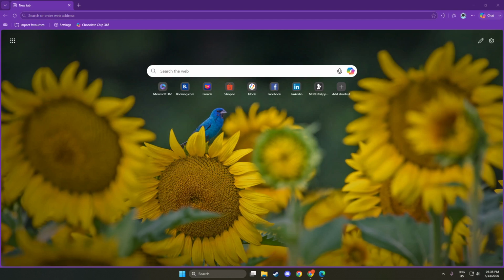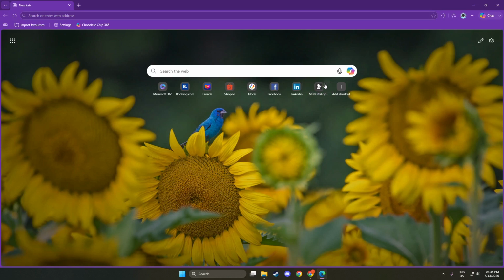Next, open a new tab. You can do this by clicking the plus sign icon located at the top of the browser window. This action opens a fresh tab alongside your current one. In this new tab, you will typically see a range of options like quick links, which are shortcuts to frequently visited websites. This step is important because it gives you a dedicated space to work with shortcuts without interfering with your current browsing session. Now, find the shortcut you wish to remove under Quick Links.